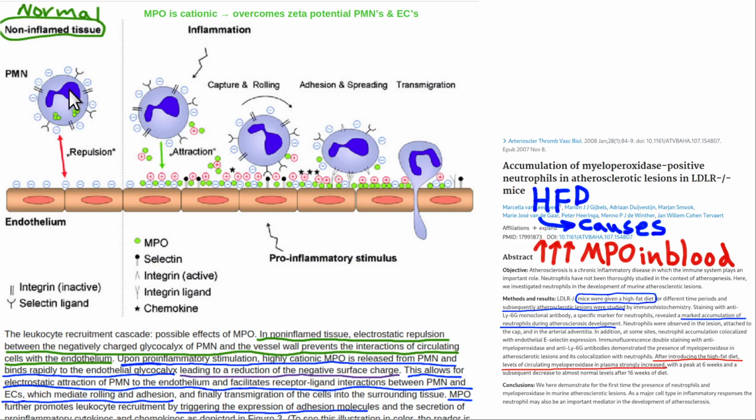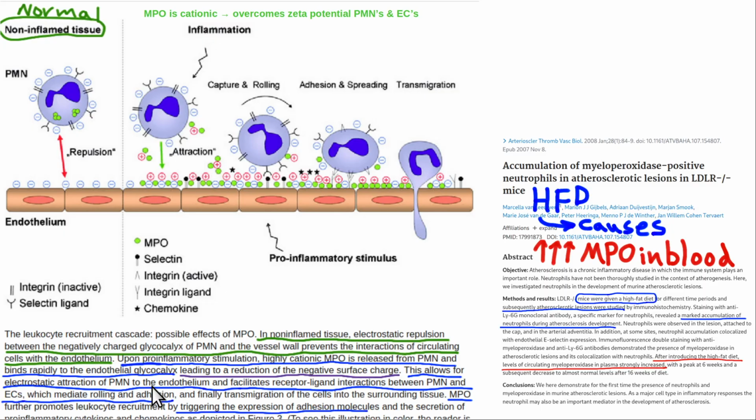What's going to happen is when the neutrophils are activated, they're going to release these positive charges. These positive charges are called MPOs, MyeloPerOxidase. And you'll see, you can look this up in 5 seconds. Mice were given a high-fat diet, and then they release MyeloPerOxidase, and these neutrophils all start accumulating along the blood